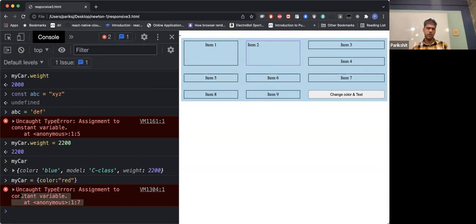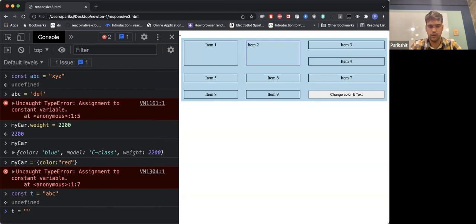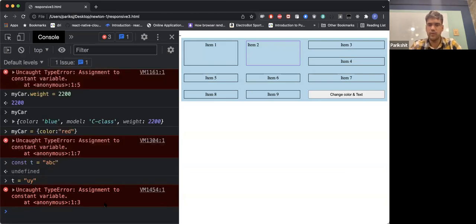क्या limitation है आरवी? बताओ. What is the limitation that you feel? Why is it showing error? Didn't get that. So it was declared by const ना शुभम. अगर आपने const के साथ किसी चीज को declare किया, let's say const t is equal to some string, right? अगर आप इस t को change करने की कोशिश करोगे, तो JavaScript is going to give you an error, right? नहीं तो const का मतलब क्या था,